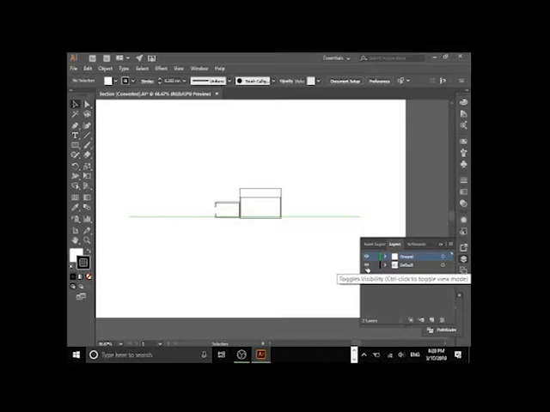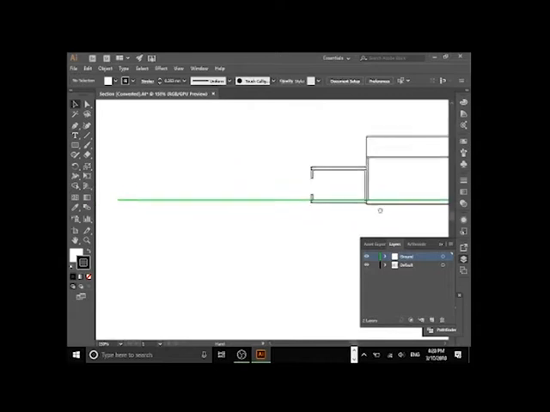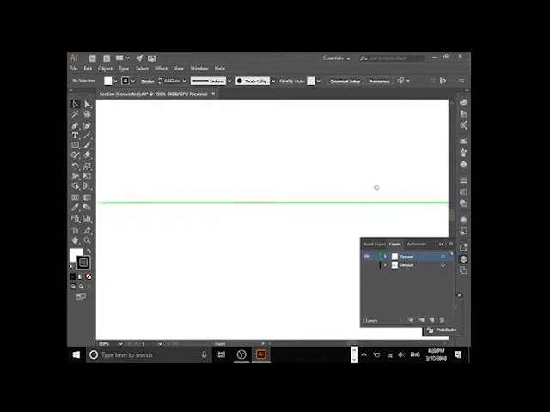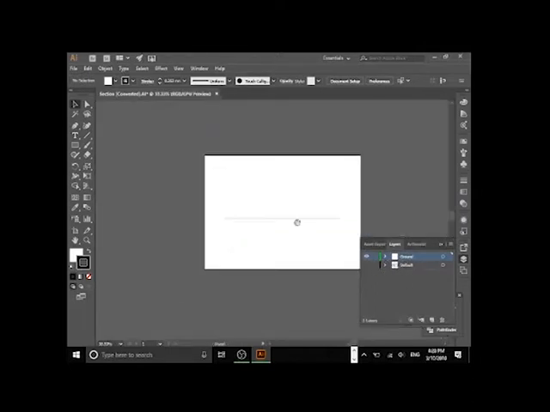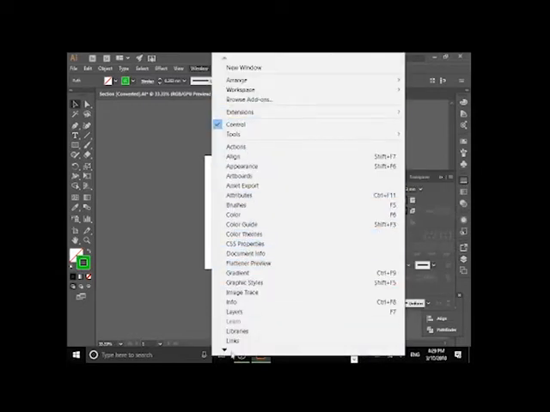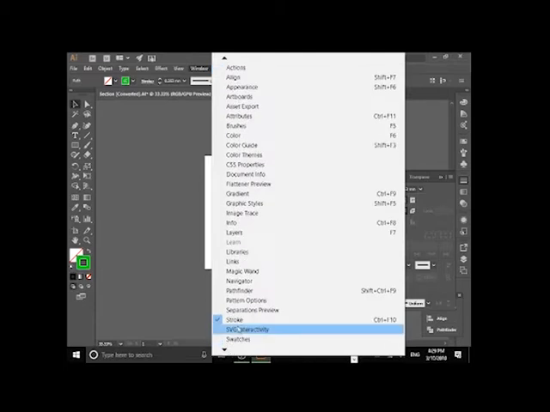So we're going to do an architectural drawing style section. So we probably want all the lines to be black, okay? All grayscale for now. And so with this green layer, we're going to hide it, and we're going to hide the default layer, just showing the ground. So we can select the ground, and then under the stroke settings, which is this little icon on the right, or if you go to Window and scroll down under S for stroke,